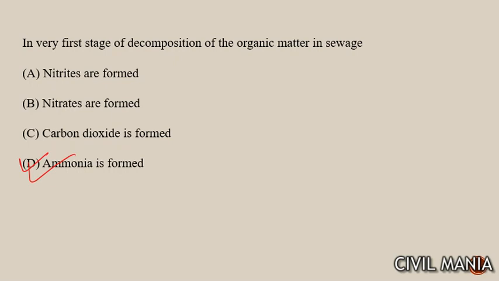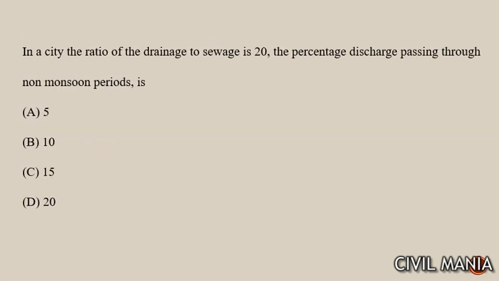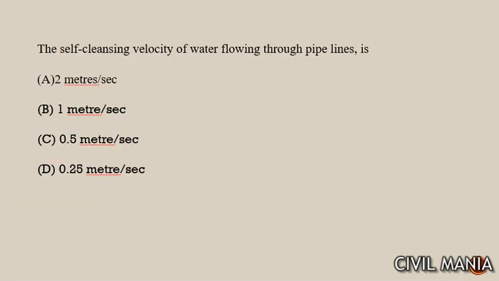इसके बाद next question है, in a city the ratio of the drainage to sewage is 20. The percentage discharge passing through non-monsoon period is 20. Next is, the self-cleaning velocity of water flowing through pipe is,